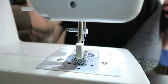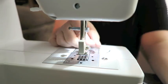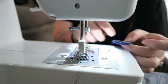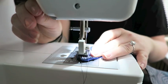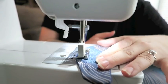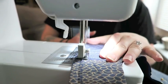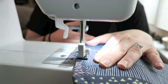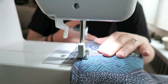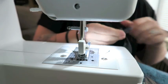You can use a variety of different stitches as top stitches. My personal preference is a zigzag stitch. I just think it looks really cute. So I like to start also at the top of one of the neck pieces. So this part will get hidden when you clasp it. So I like to start at the top. So you want to have this stitch meet,